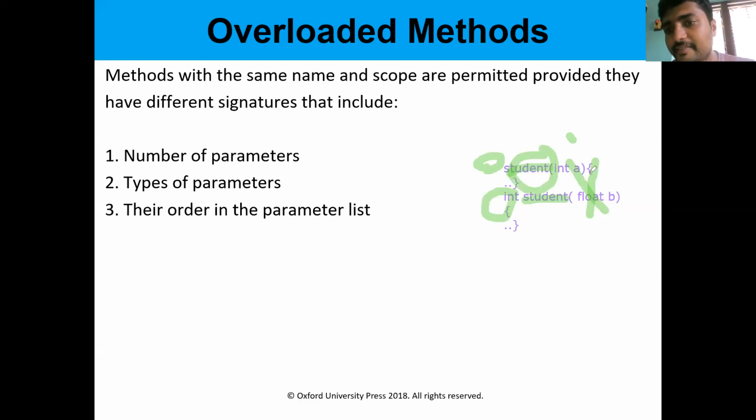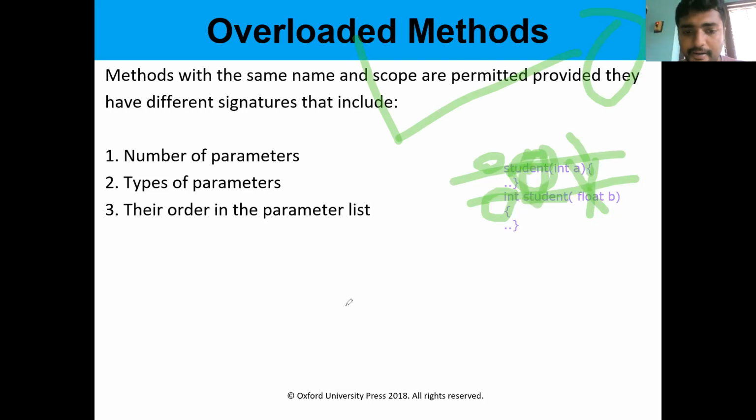Same method name but different signature is overloading. Method overriding means the method name is the same, the parameter list is the same, and the return type is the same, exactly the same name, exact parameters and exact return type. Then it is called method overriding. In overloading, only the method name is the same and the remaining things are different. In overriding, all the things are the same.